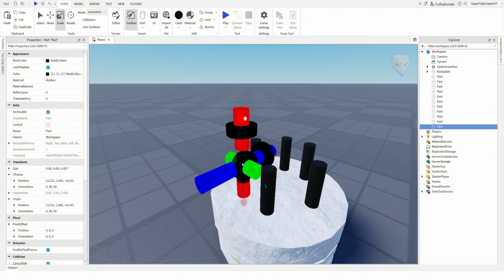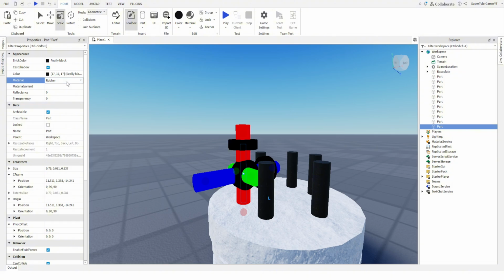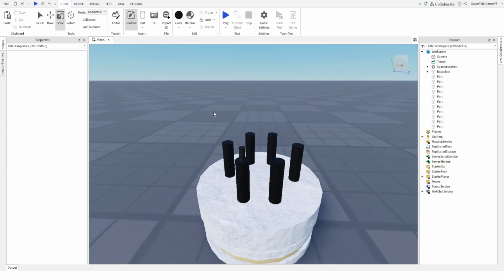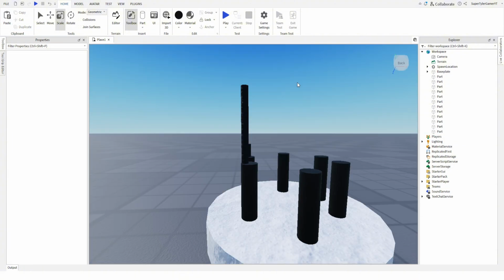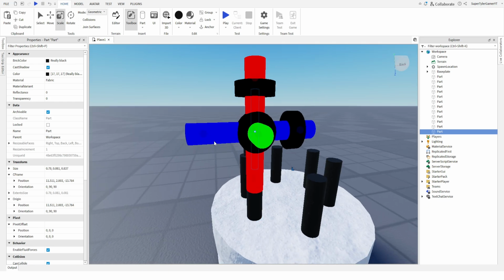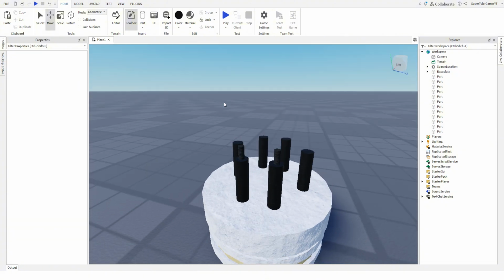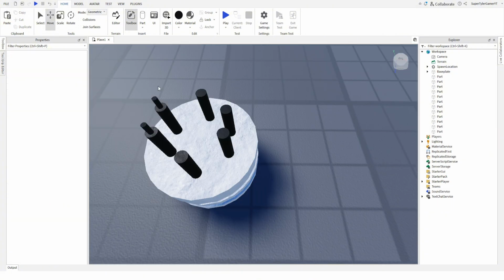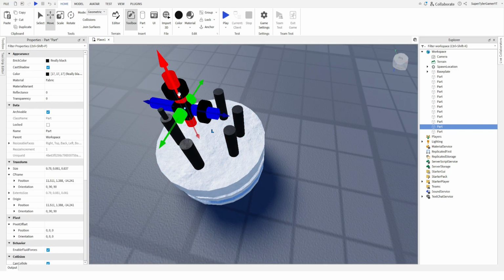Then let's scale that up just a little bit. Maybe we should change the texture of this. Let's see what would fit. Fabric would fit, I feel like. There we go. I'm just gonna duplicate that and try to line it up as best as I can. Move it down. Perfect. And now that these are a similar distance from here and here, I'm gonna click this,